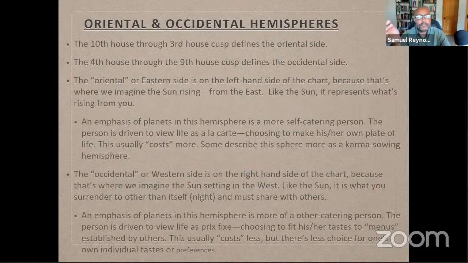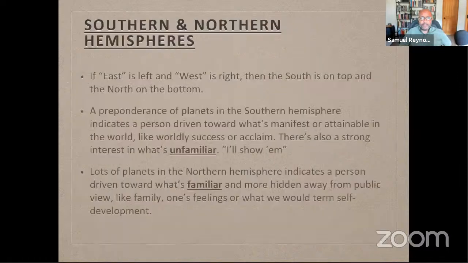Sometimes it may be difficult for you to take the initiative with certain things. Doesn't mean everything, but certain things. And it may be more so that you may struggle, wanting at times even to venture more out on your own, but there's ways in which you still have to connect or do have an emphasis related to connecting to others. Now, that's just East and West. There's also Southern and Northern.